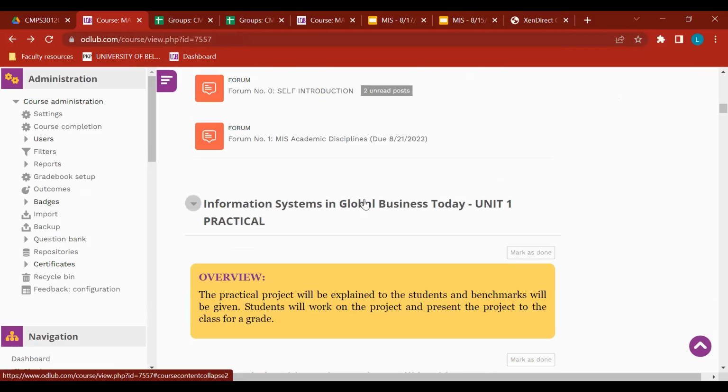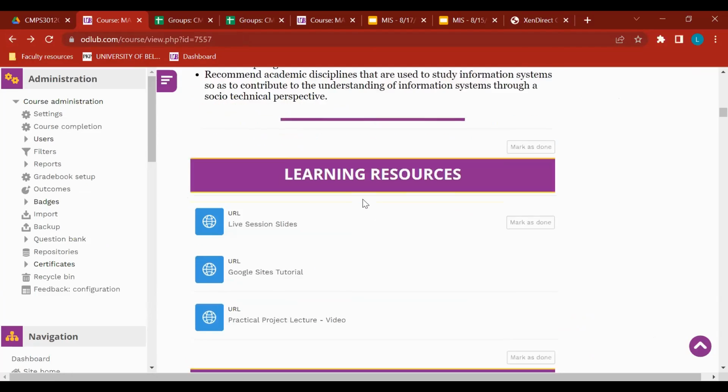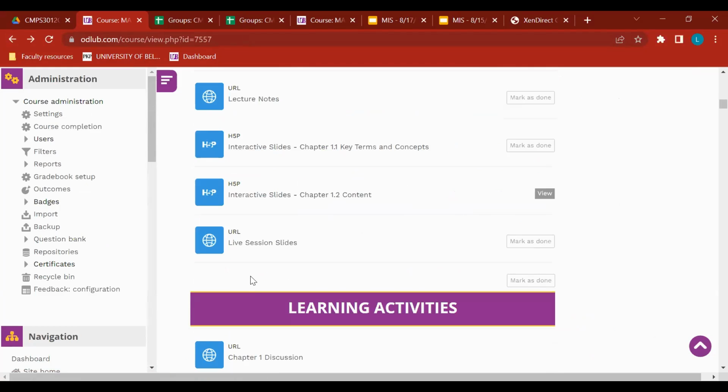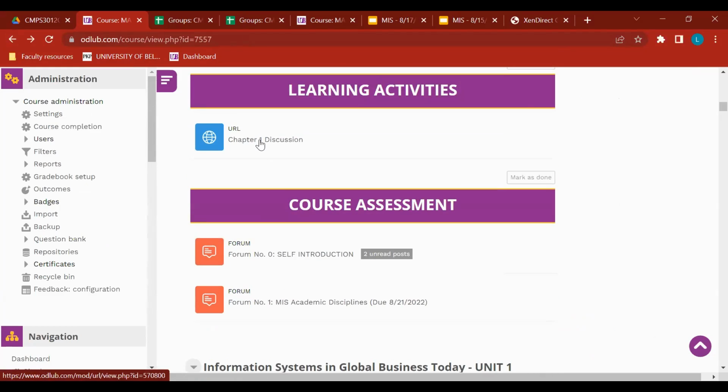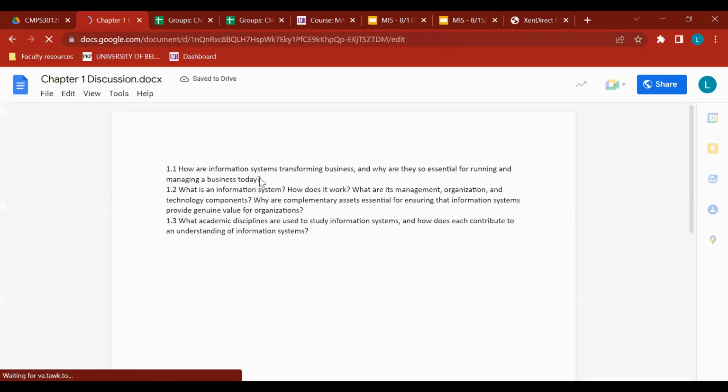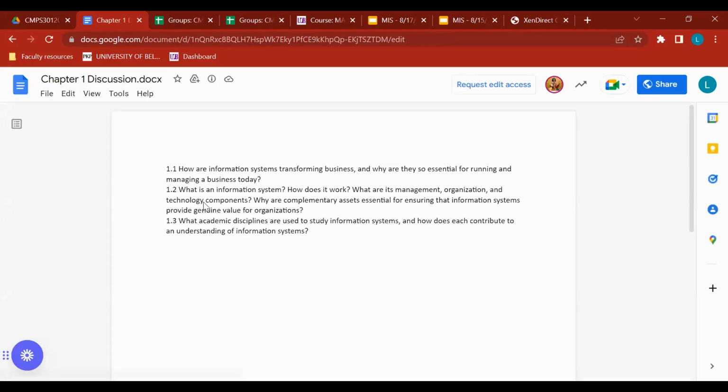For the practical project, that's going to be discussed some more next week. So what you will be doing when we end this class tonight is going over these slides so that you can work on Forum 1. And in your group, some of you have created chats already. You are going to share your responses to these questions. When we meet next week Monday, I will be asking you, by group, to tell me what responses you have to each of the questions here. Are there any questions? Forum 1 is individual work, right? Right. All your forums are individual. Alrighty, thank you. You're welcome.